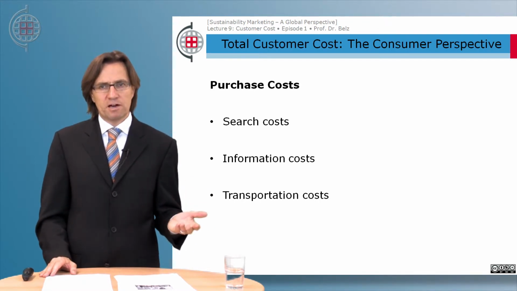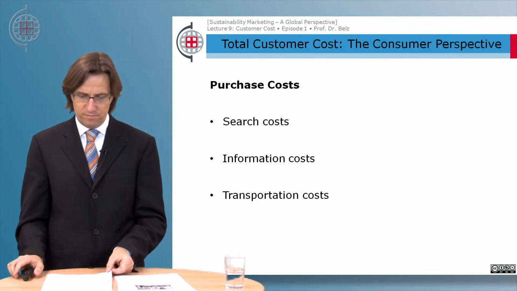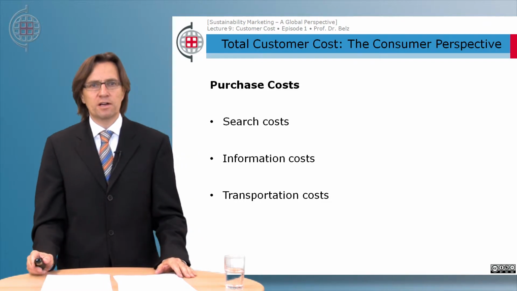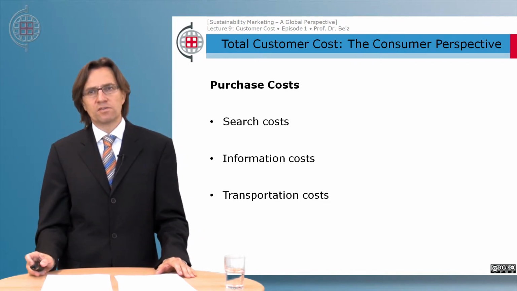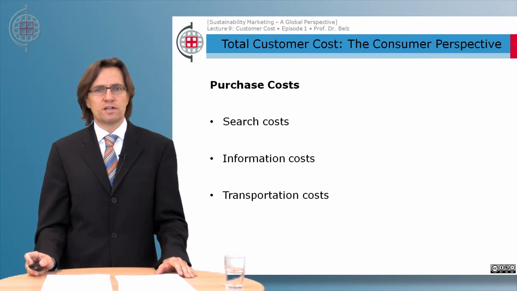So that takes time, that takes gasoline. These are transportation costs. Usually, in the case of new sustainable products, purchase costs are higher than the cost of conventional products, which you are used to and which you can acquire